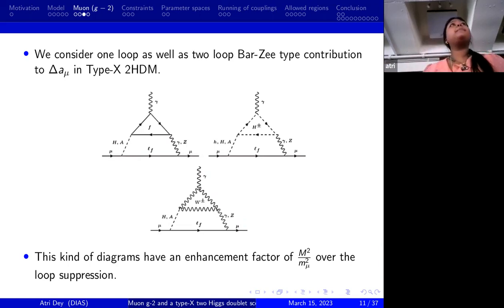How large is m squared over mu squared? How large is that enhancement? Yeah, so